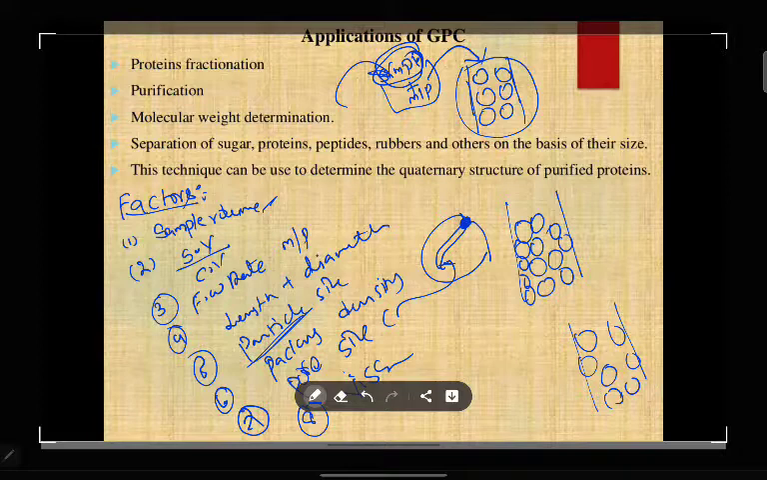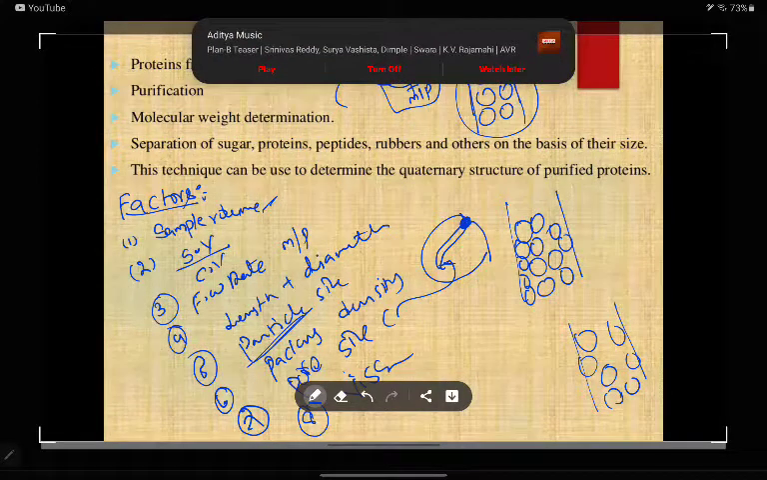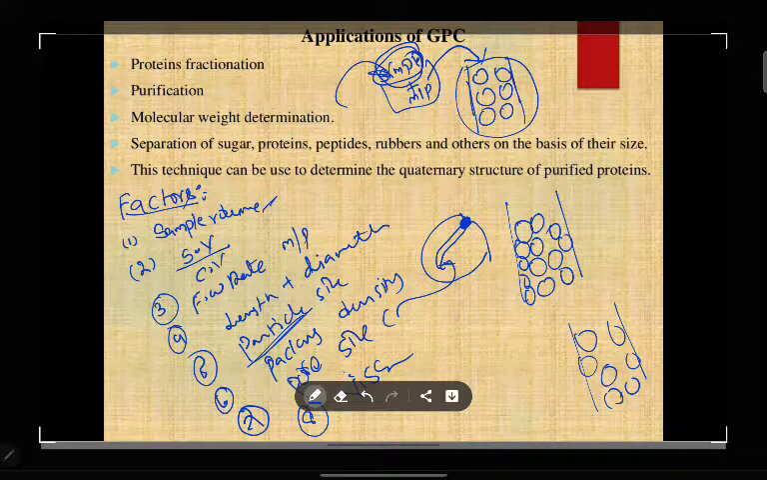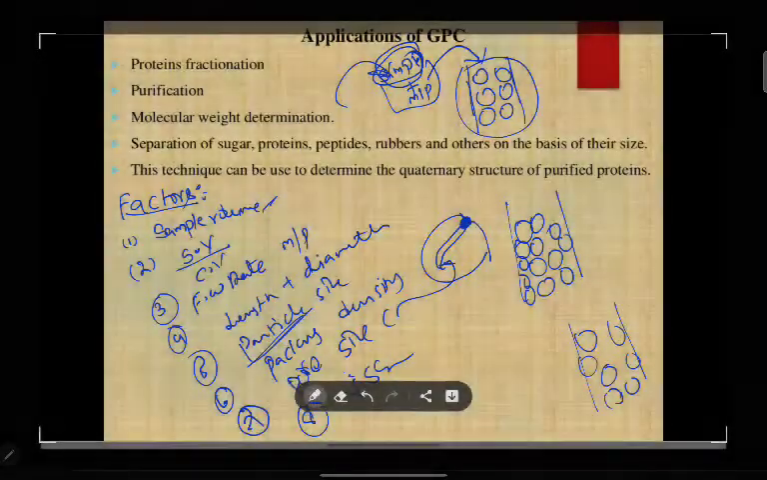So the first one is sample volume, the second is the ratio between sample volume and column volume, then the flow rate of your mobile phase, the length and diameter of your column, then particle size, then packing density, then pore size, then viscosity of your sample. These are going to affect your column. Now I am moving to the applications of